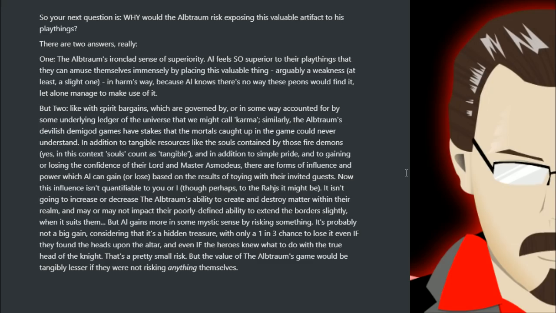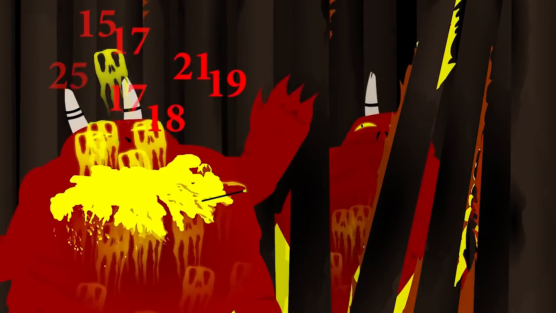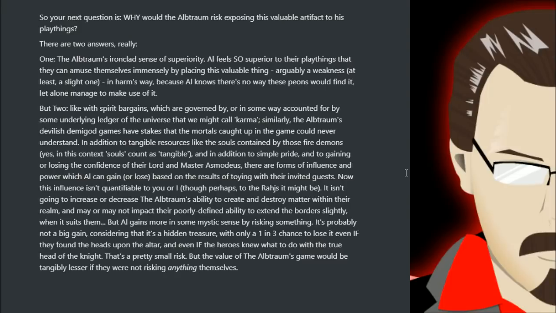In addition to tangible resources like the souls contained by those fire demons, yes, in this context, souls count as tangible, in addition to simple pride and to gaining or losing confidence of their lord and master Asmodeus, there are forms of influence and power which Al can gain or lose based on the results of toying with their invited guests. Now, this influence isn't quantifiable to you or I, though perhaps to the Rajas it might be.